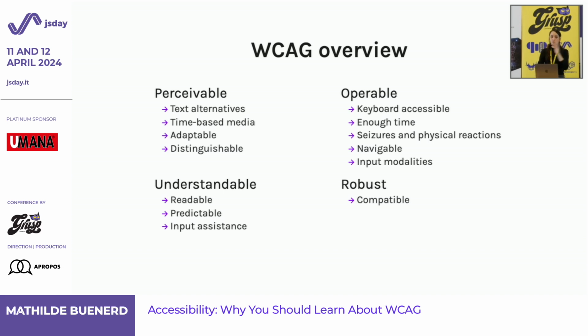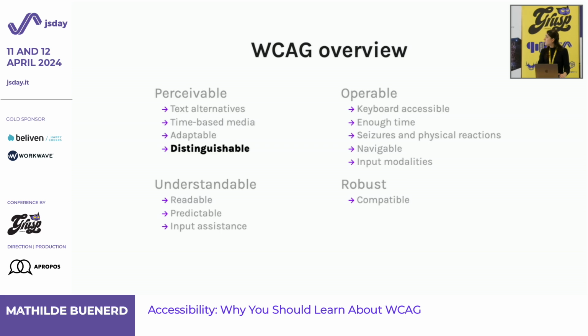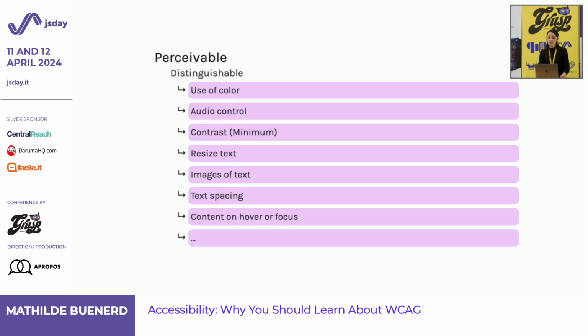So this was a very high overview because each of these guidelines, so each of these subcategories, also contains a set of criteria, where a criterion is basically a requirement, something that needs to be done for a website to be accessible. So if we look, for example, at the perceivable/distinguishable guideline, we find 13 different requirements inside that. So on this slide, I put the criteria with the purple background. I didn't put all of them because 13 is a lot, but it gives you an idea of how wide